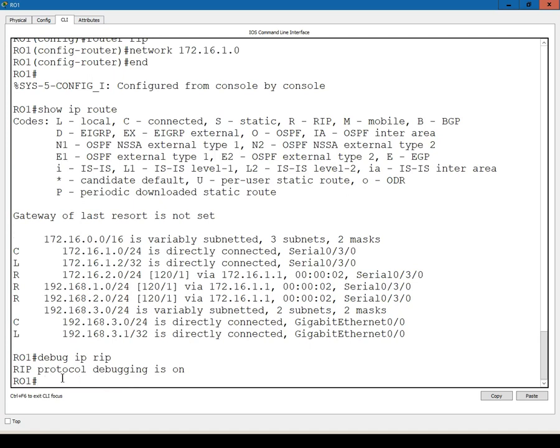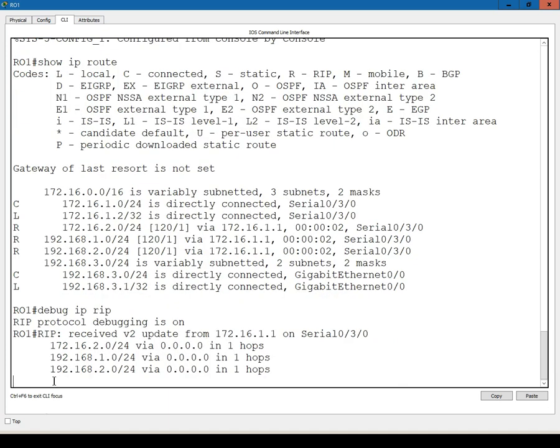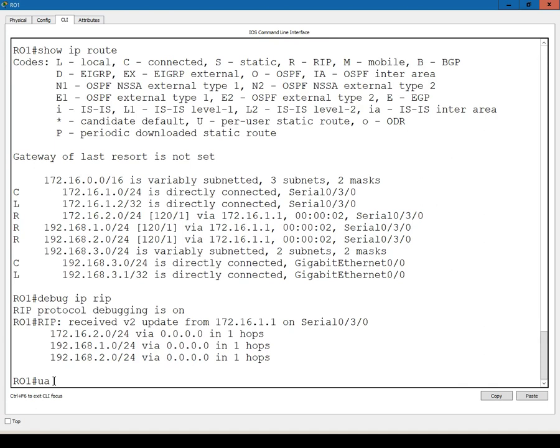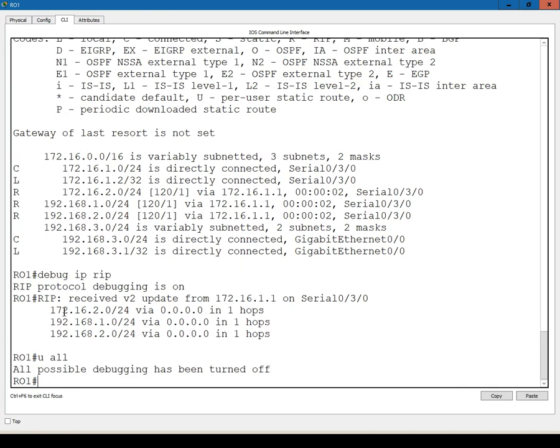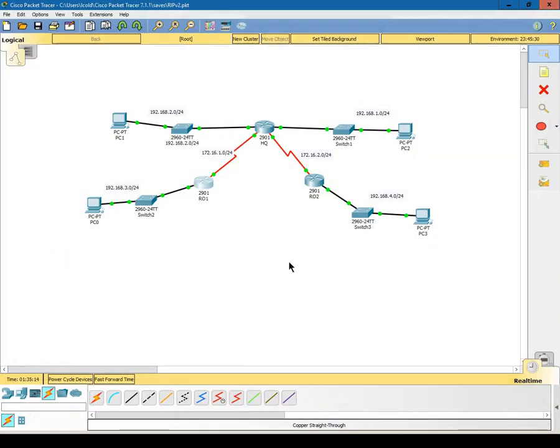Routing is on, a debug RIP routing protocol is on, and we'll wait a few minutes. There we go. This is the update. To get out of this, turn off debugging, but the ones that we configured, it received a v2 update from 172.16.1.1, which is the other router for these networks. So that is the configuration and some troubleshooting of RIP for IPv4 without all of the authentication or those sorts